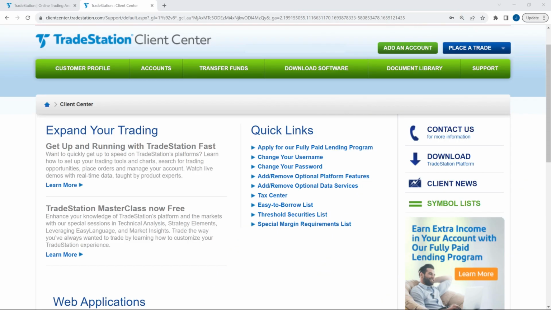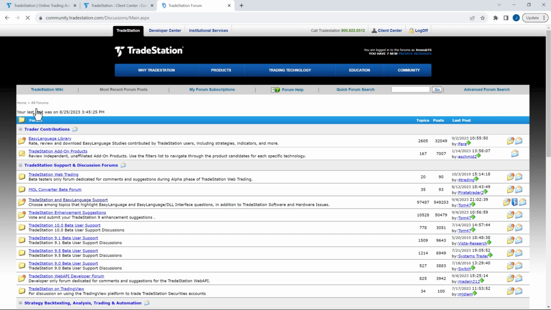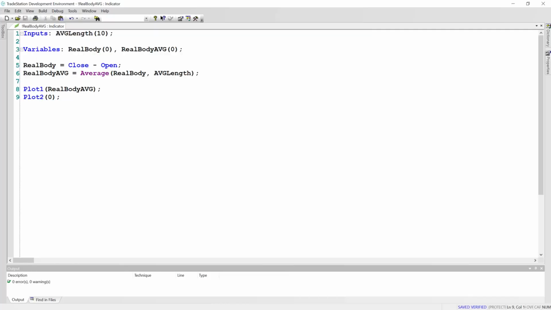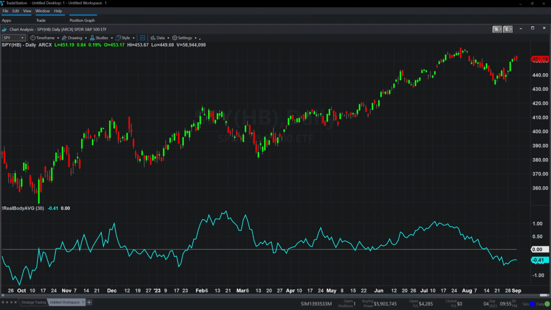To learn more about EasyLanguage and to see examples of code written by fellow traders, you can visit the EasyLanguage discussion forums in the Support and Community section of the Client Center. Learning EasyLanguage may seem like a daunting task. However, a basic understanding of EasyLanguage and the ability to create simple custom indicators and strategies will undoubtedly take your analysis and trading to the